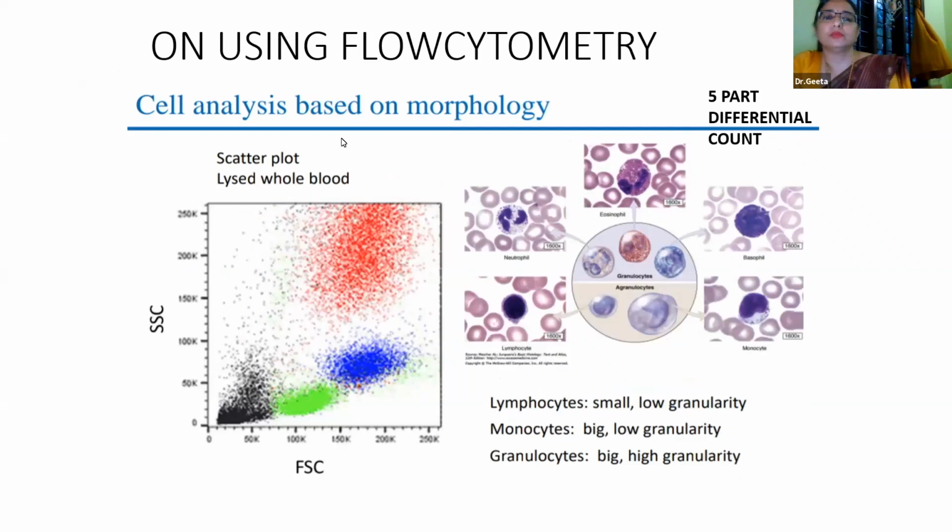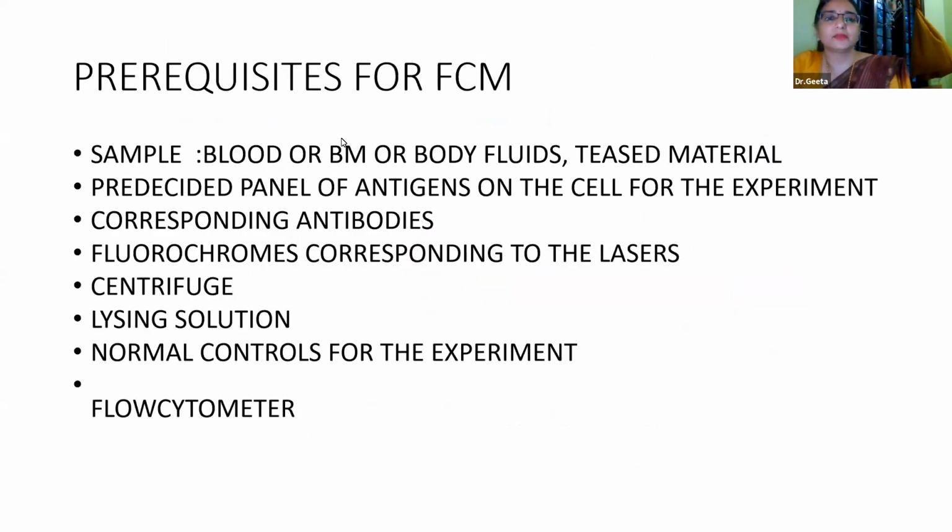So till now we said we could categorize the cells of the blood into these 5 major categories depending upon the forward and the side scatter. So once we have this fluorescence with us, we could use these fluorescent dyes or fluorochromes to combine with various antibodies which could now get activated by various lasers, the number depending upon the capacity of our flow cytometer, and then we'll be able to analyze n number of antibodies on a single cell, so that we are very sure on the lineage of the cell.